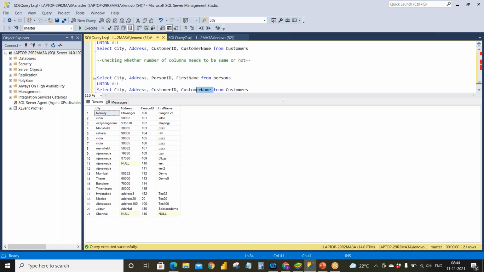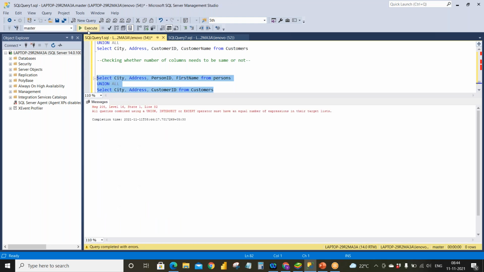I'll remove customer name from here, and now the first table has 4 columns and the second table has 3 columns. Does it allow us or not? Definitely it's not allowed. It's saying that all queries combined using union, intersect or except operator must have an equal number of expressions in their target list. So this is the error we get.